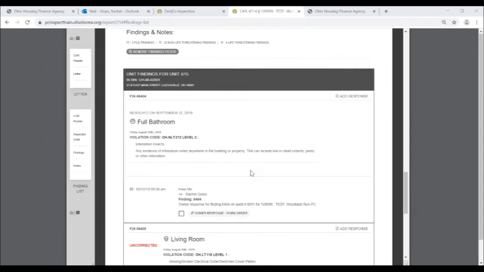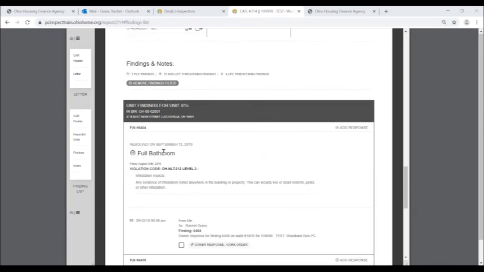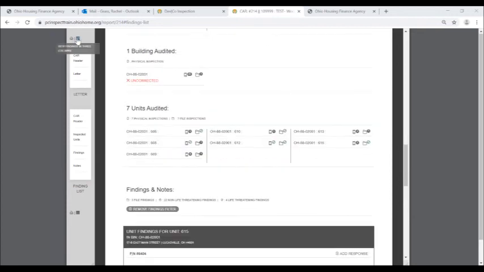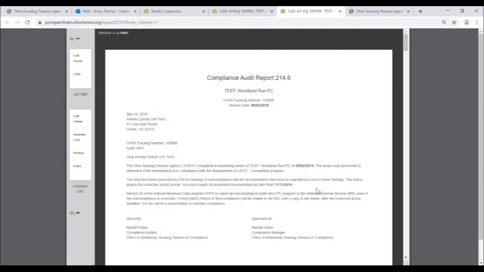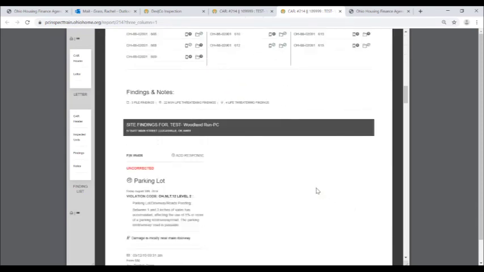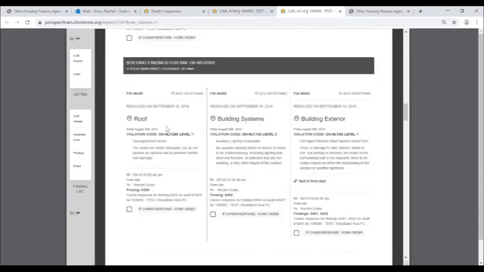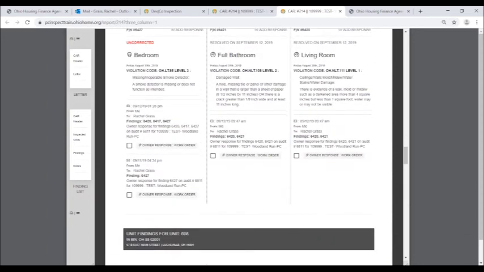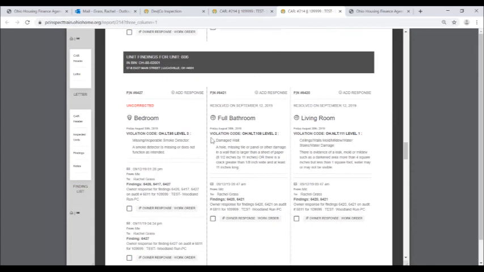And as you're using DevCo inspection, you can figure out if this view where it shows each finding across the whole page works best for you, or if it works better to have the findings listed side by side to each other. It can potentially be a little easier to see that all three of these findings are under that unit when they're side by